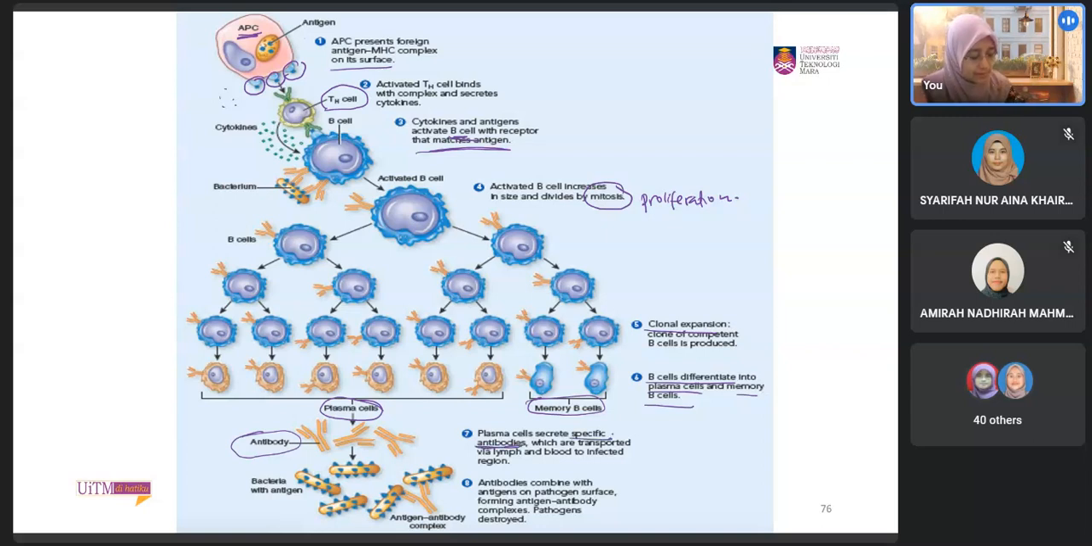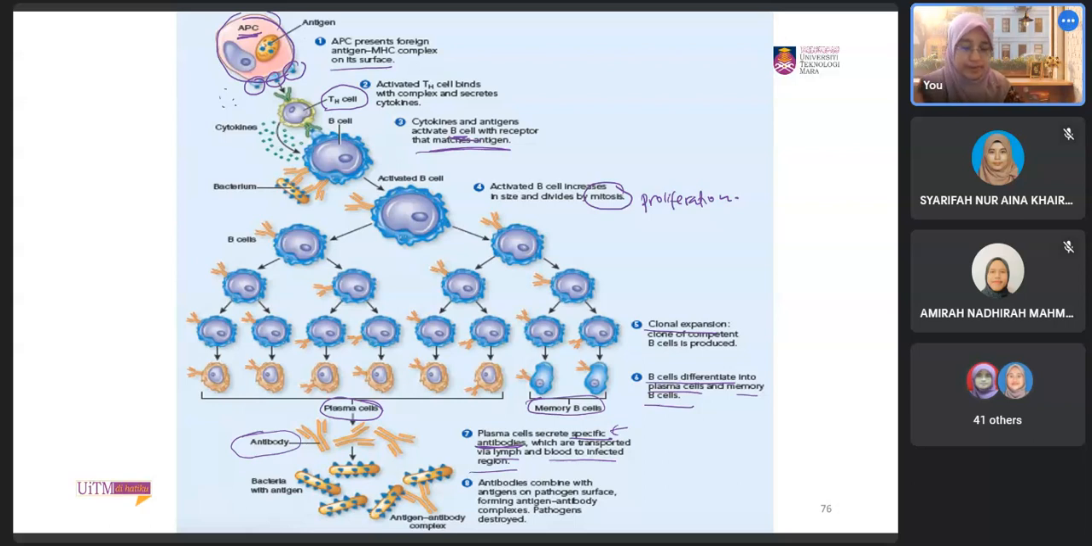Why does it say specific? Because antibody binds to the specific antigen initially engulfed by the APC, which are transported via lymph and also blood to the infected region. Next, antibody combines with antigen on the pathogen surface, forming antigen-antibody complexes. Pathogen is destroyed. Okay, so once the antibody circulates in your body fluid,